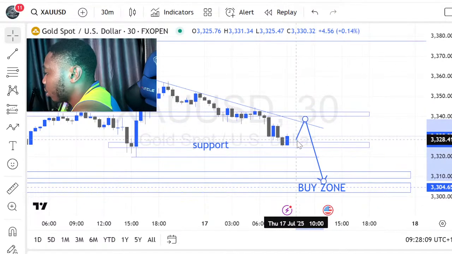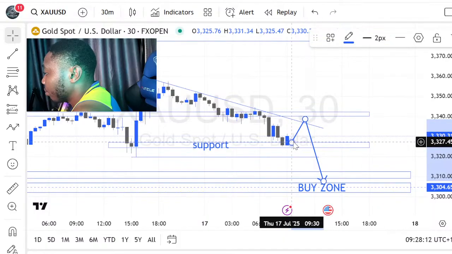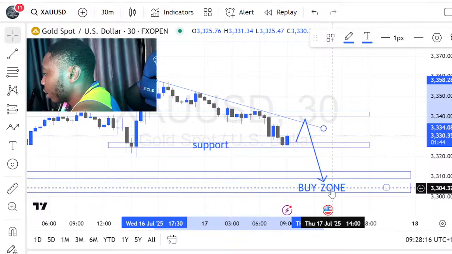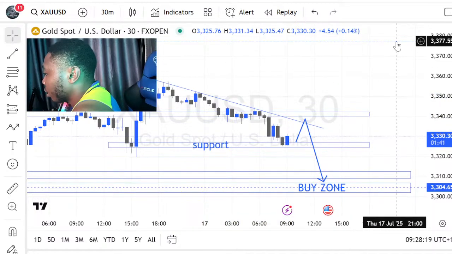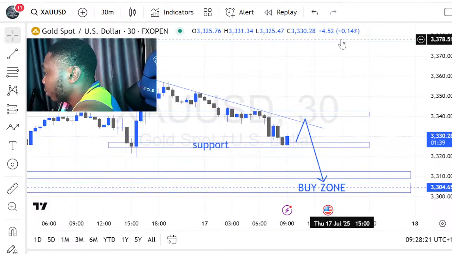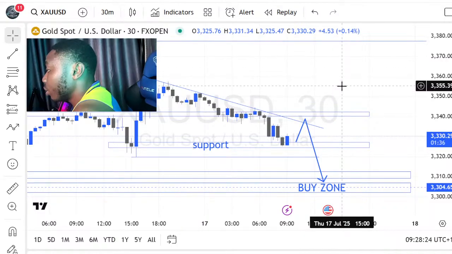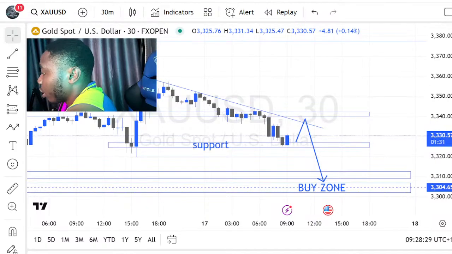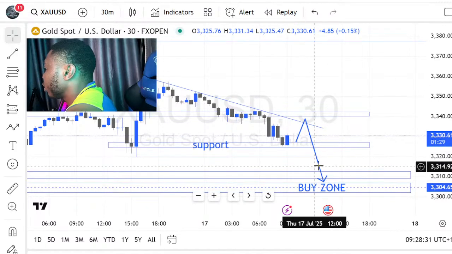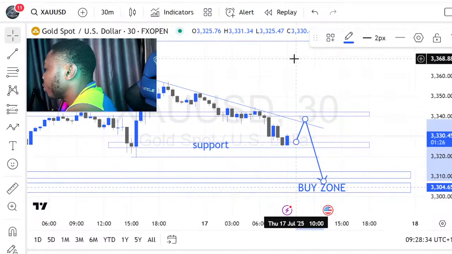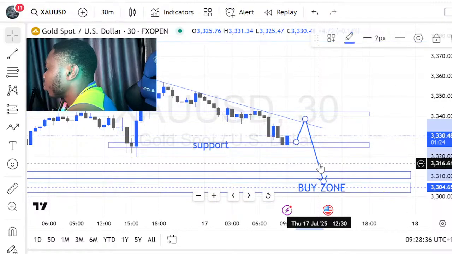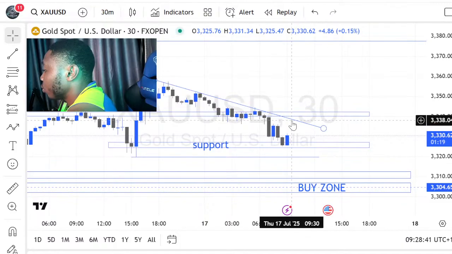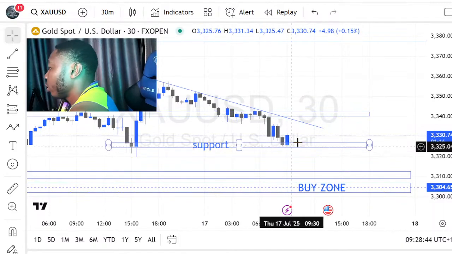You can expect gold to do something like this because of that trend line and come back to this buy zone before pushing back to this, or even going to take out this liquidity. So it just depends on how patient you are. For me, I prefer having gold in the right zones than just doing guesswork. I can literally wait all day for gold to come back to this zone instead of trying to take a buy here, take a sell here, blah blah blah.